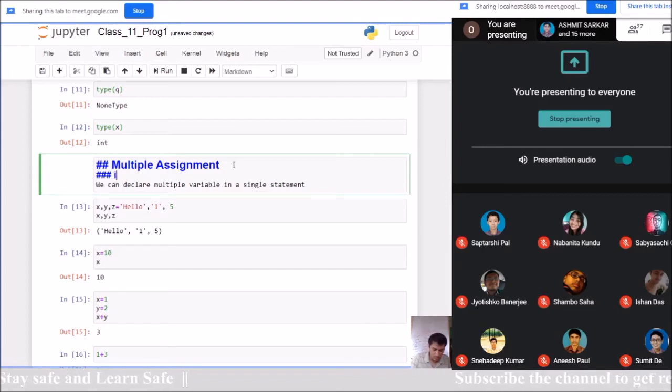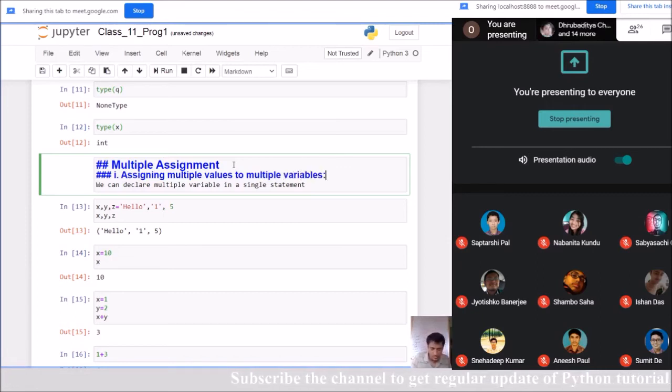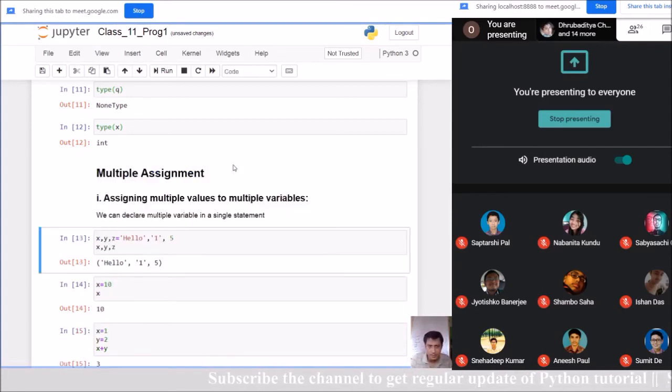Number 1, which is under the part of assigning multiple values to multiple variables. Is it clear? This is the concept of assigning multiple values to multiple variables, which we have done over here.